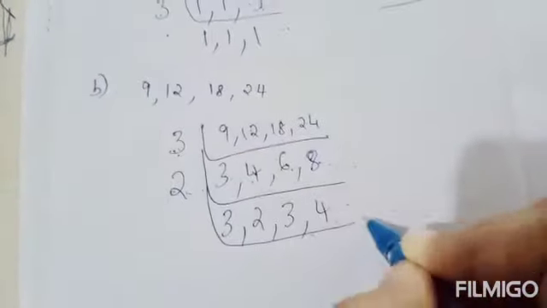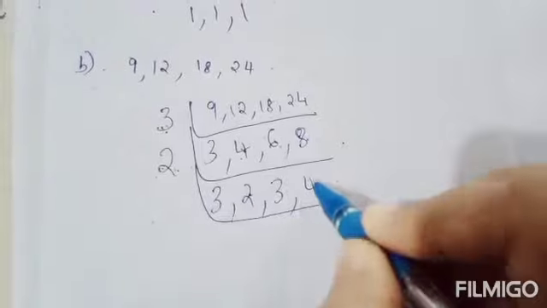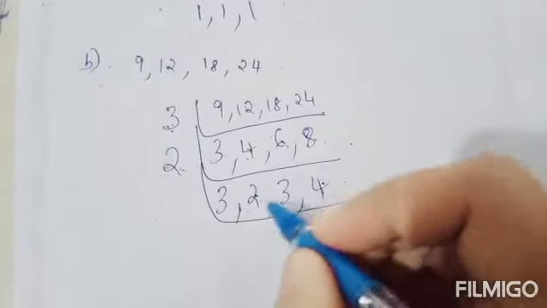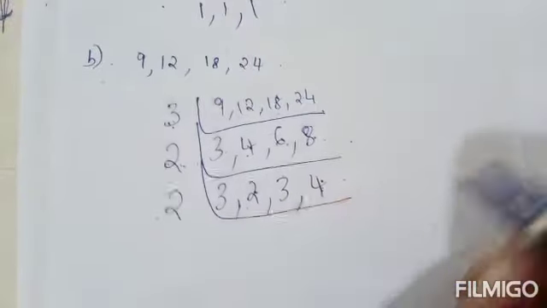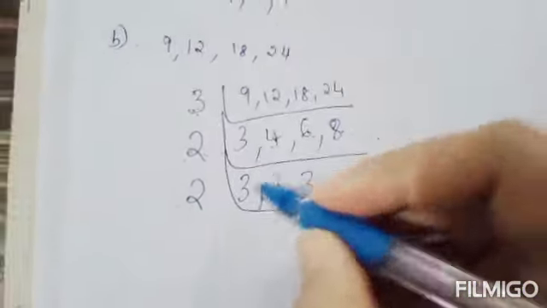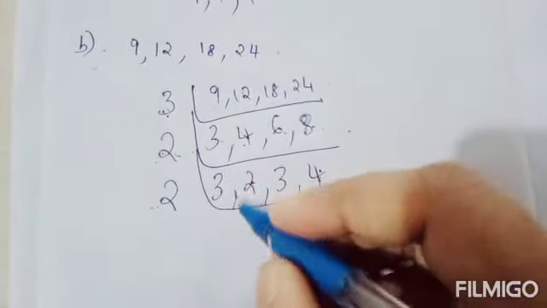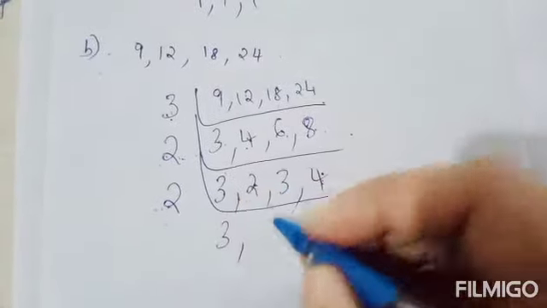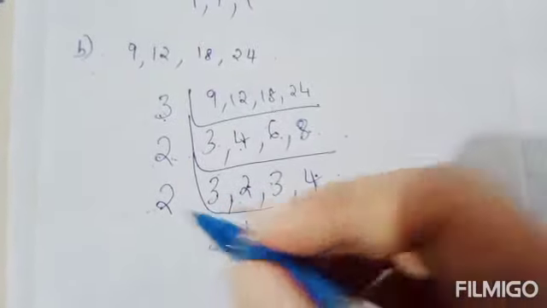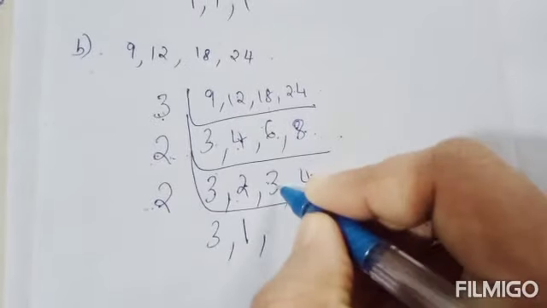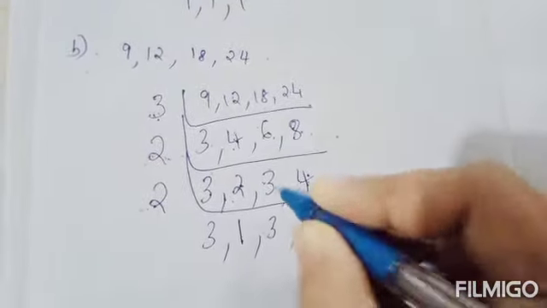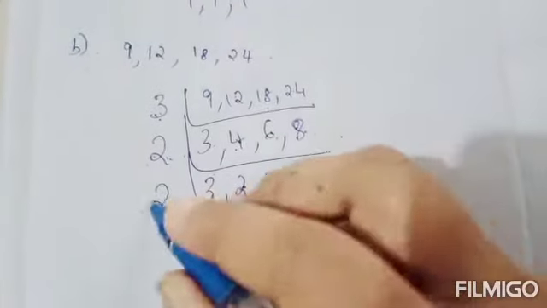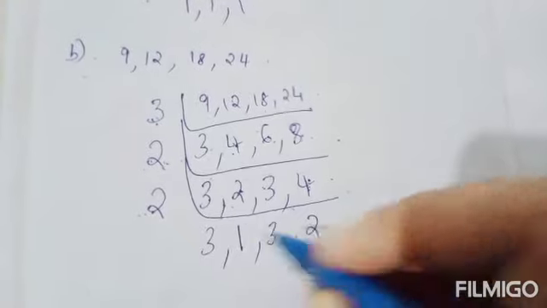Okay. Now here 2 and 4. 2 and 4 are divisible by 2. So you can divide this by 2. Now here also 3 you can't divide by 2. So write 3 as it is. Okay. Now 2 divided by 2, it is 1. 3 you can't divide by 2. So write 3 as it is. Don't divide 3 by 2. Now 4 divided by 2, it is 2.